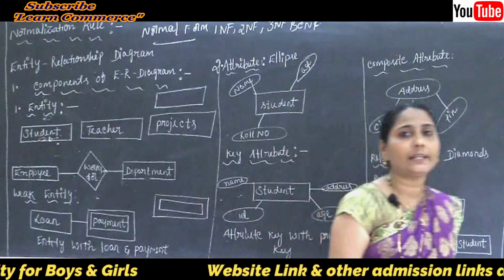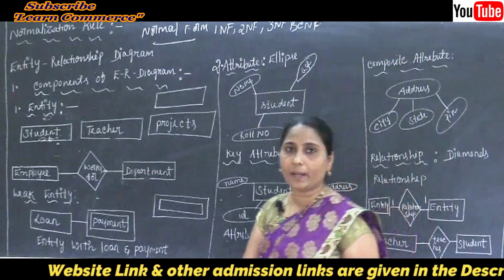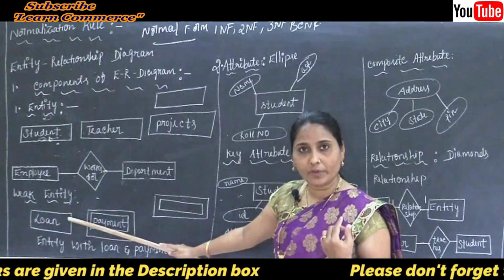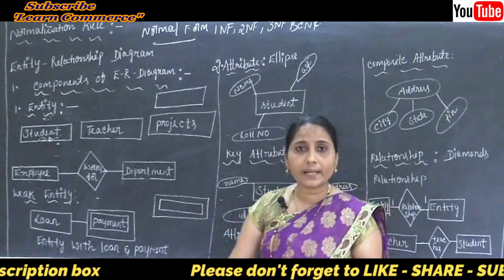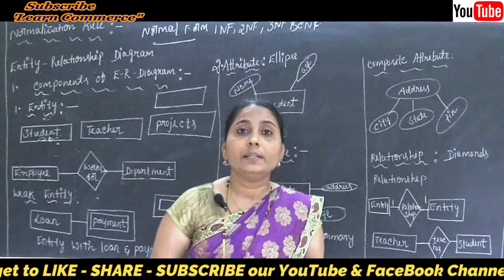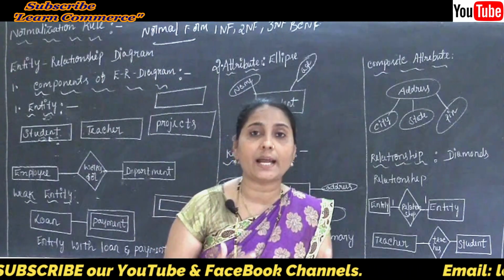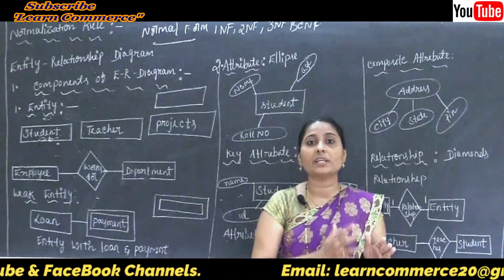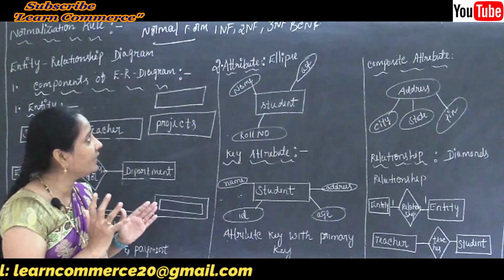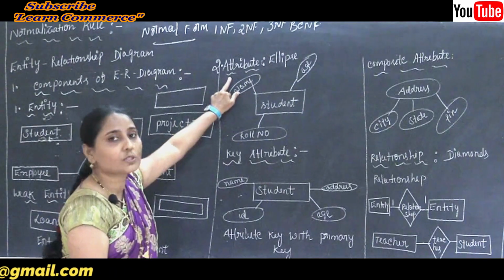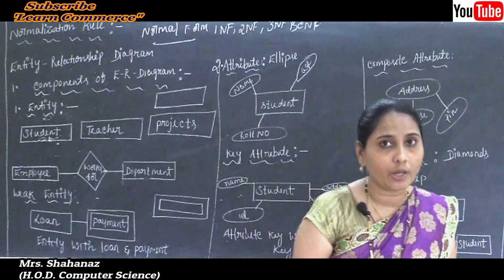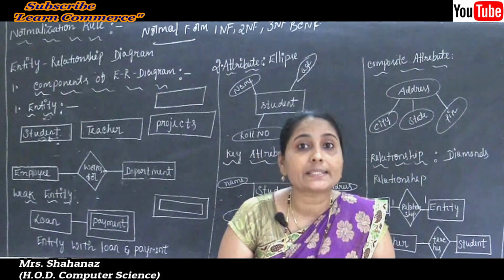Now what do you mean by the attribute? Why? Because we already created the table, and such a table is called the entity here, and we already know some of the weak entity. Now just creating the table is not enough, correct? No, why? Because we know that the table contains relations, and such a relation consists of rows and columns here. So we can say that whatever columns we need to use in a table, each one is called an attribute. An attribute, or each column, is identified by a distinct header.